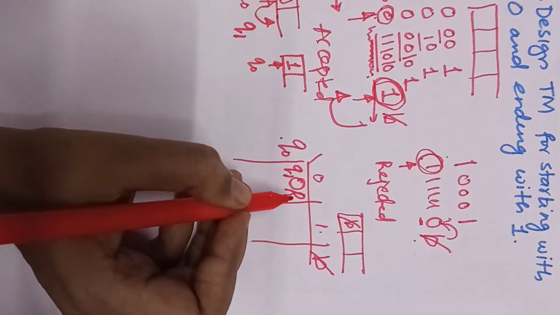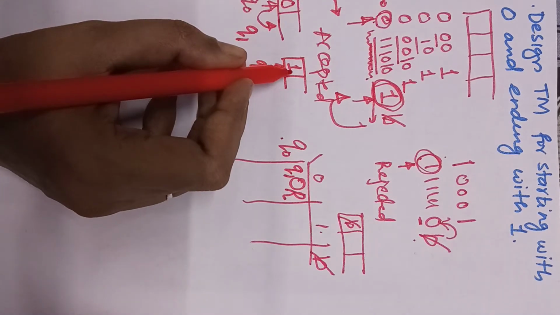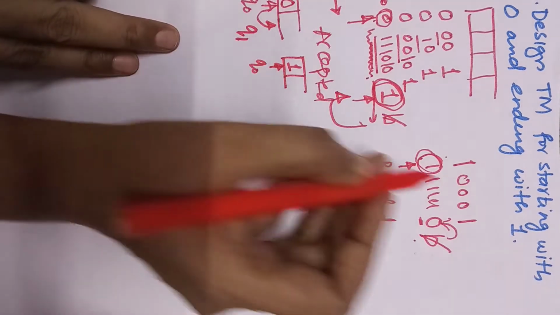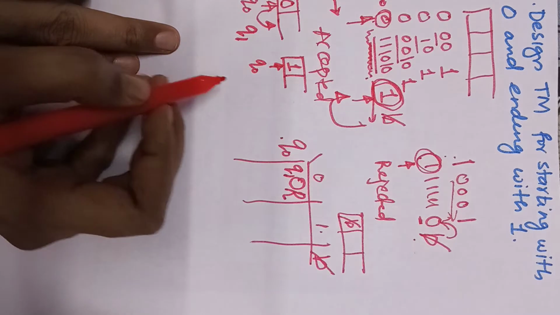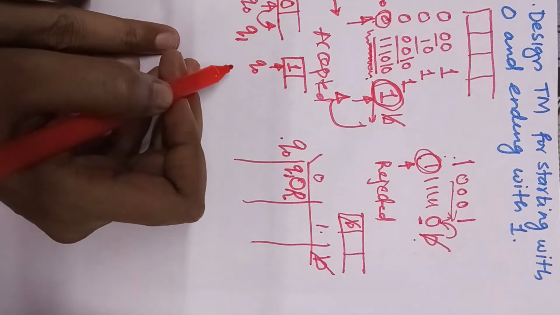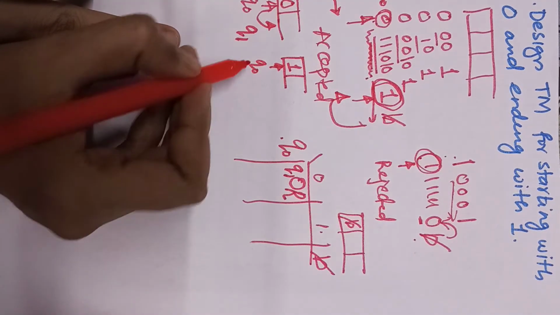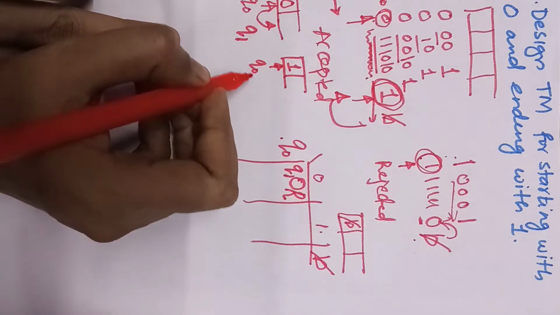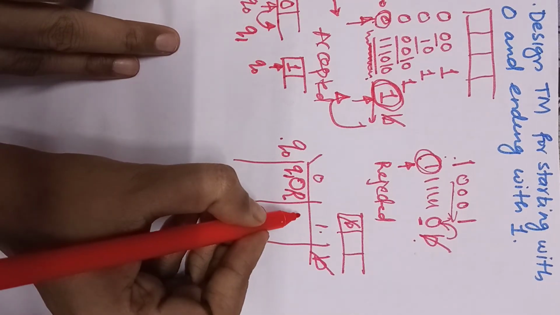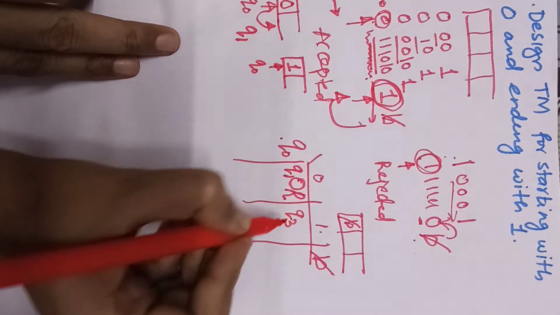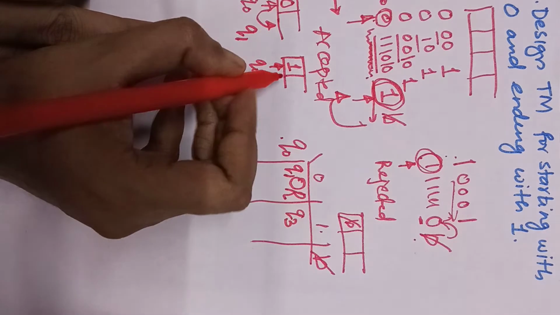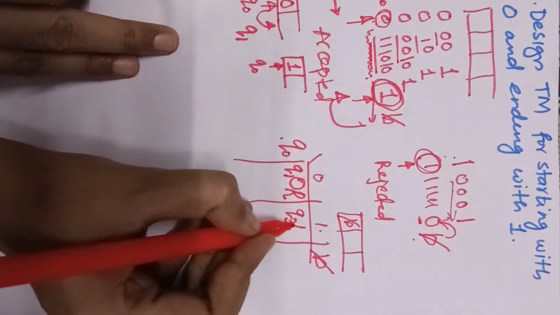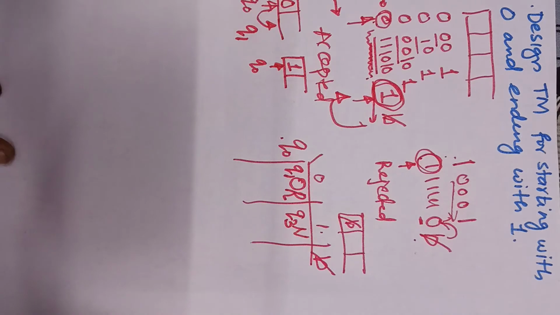Q0 with the first bit being 1: do you want to read the rest of the string? No, because this is not according to my question. So I will halt here itself. For example, I am taking Q3 for the halting position. So Q3 and no operation. I don't want to do any kind of operation.